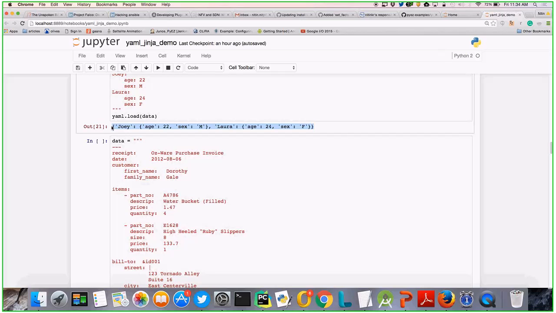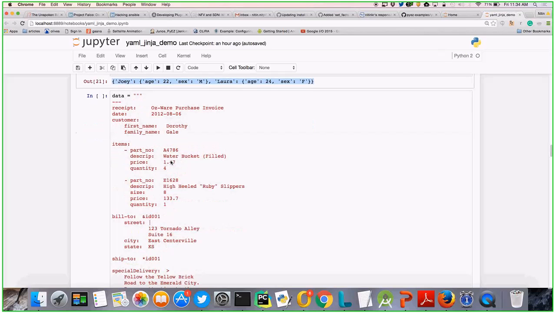Let me come back to Jinja, then I'll take your question. I think that might be your answer. So I'm just telling you, if you have data, that too can be converted into a YAML file. There's a function called dump or dumps, which takes the data and creates a YAML file out of that.